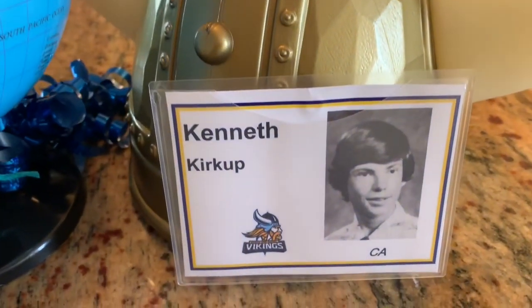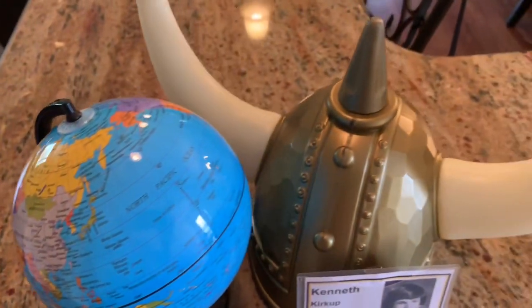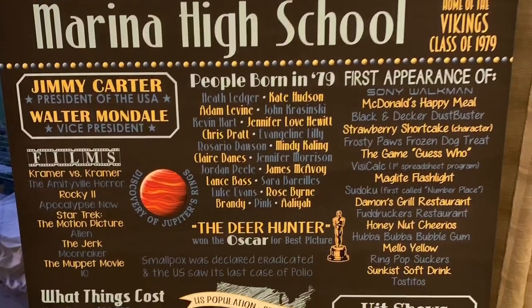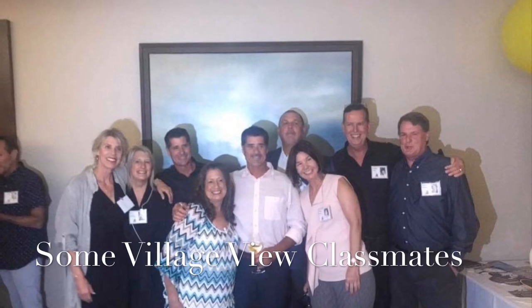And then when I bought my house 20 years ago, I actually ended up getting closer to the high school. So here's what I looked like back then. Here's the globe, and here's maybe a couple of photographs, especially with my friends from elementary school that showed up. That was a fun night. I don't know if you guys go to your high school reunions, but